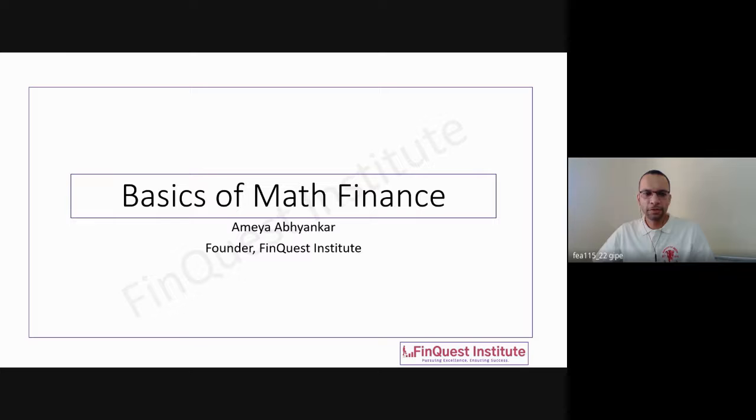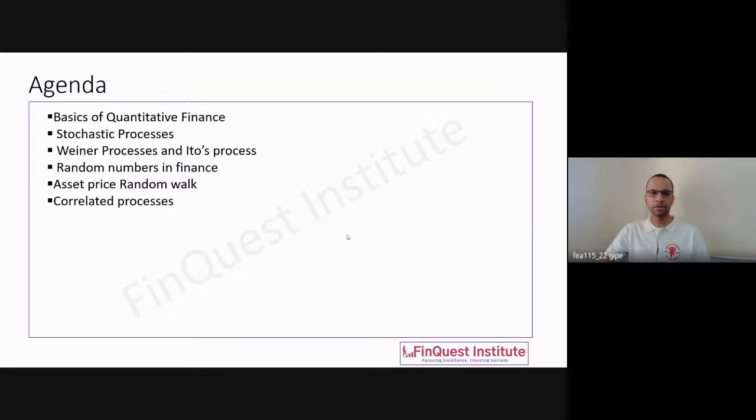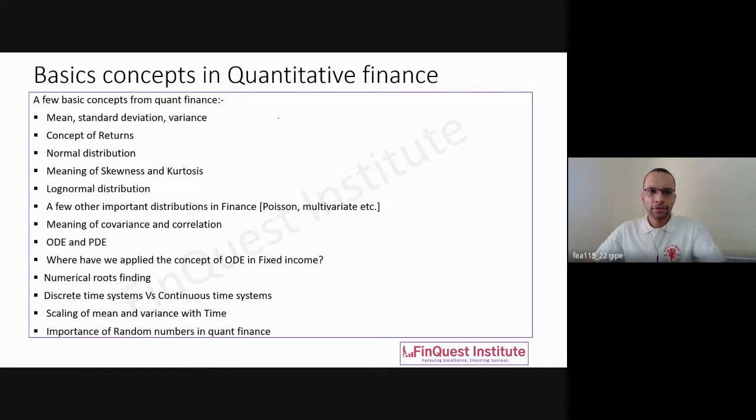So now let's begin with some basic concepts today, so at least we'll have some background before we start exploring the random movement of assets, or random behavior of assets, as we call it. That is something which we'll cover in our next session. This session will be more of a revision of a few concepts so that we are comfortable to discuss those points. A few things will be useful going ahead. Is everyone familiar with mean, standard deviation, and variance?